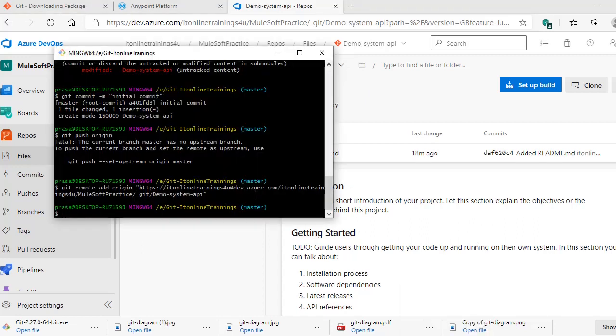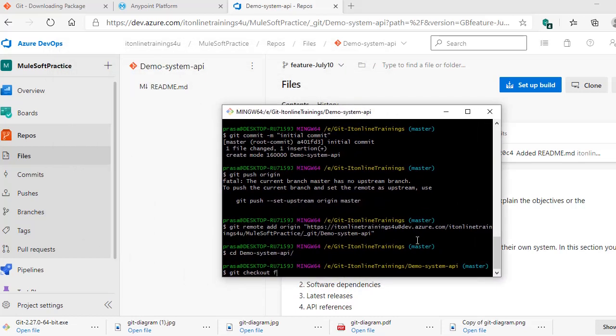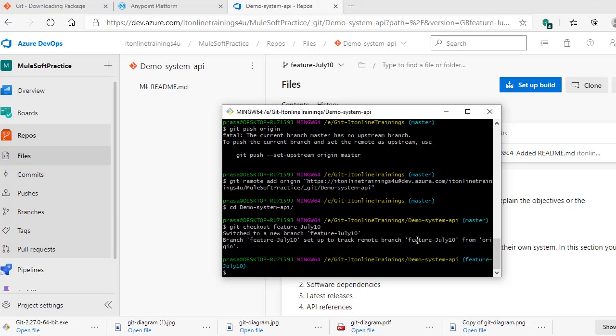We need to go to our project path by using the cd command, and then go to our feature branch, feature-July-10. See, now it is switched to your feature branch July 10. Earlier it was the default master branch, now it is switched to your feature branch.